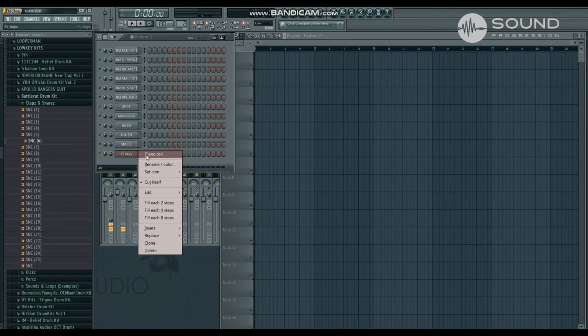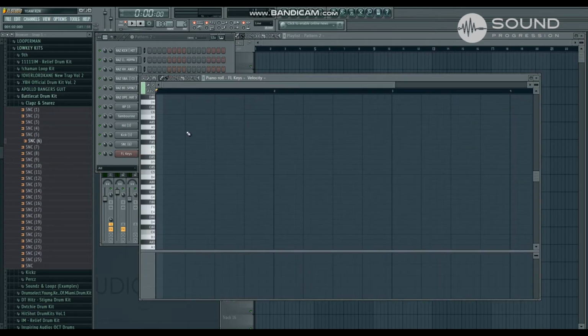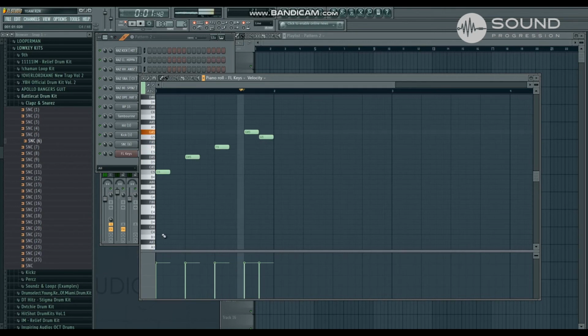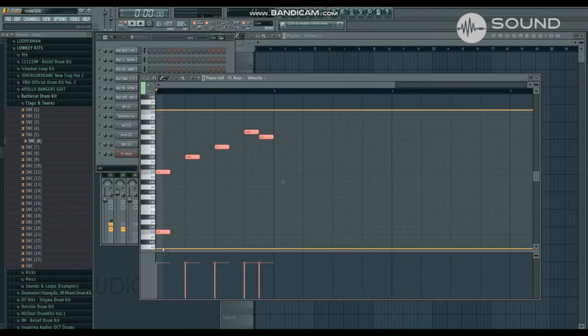Right, so what we can do, this is another window, it's important as well, is right click on FL Keys and you can click Piano Roll like that, and you'll get a piano roll up. You wouldn't have guessed, right? What the piano roll does is it allows you to draw musical notes in, if that makes sense. So if I want to just draw some notes quickly for an example. So you can build your melodies